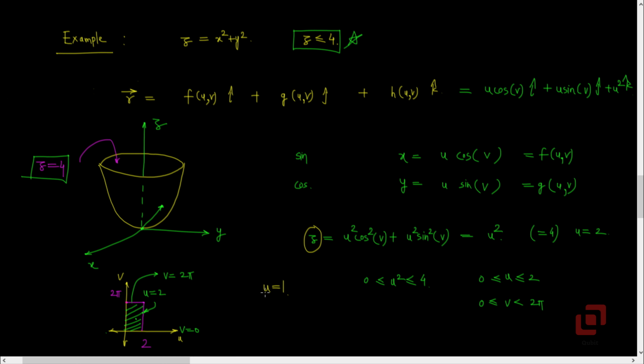In other words, u equal to 1 gives us a circle which is a cross section of the paraboloid by the plane z equal to 1. In other words, if we let the parameter u take a constant value between 0 and 2, we will go on getting concentric circles whose centers will lie on the z-axis. So by letting u equal to constant, we are getting a family of curves. In this case, a family of circles. Let me now show some circles belonging to that family in this figure.